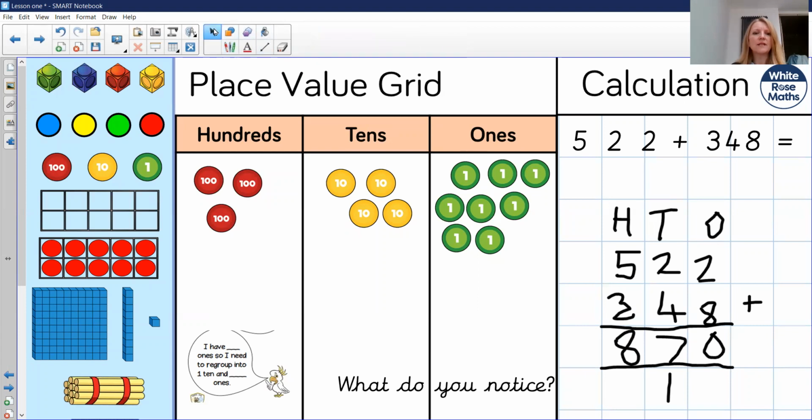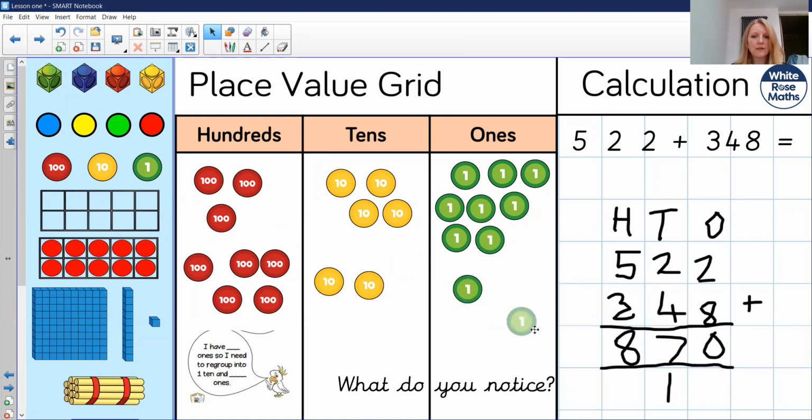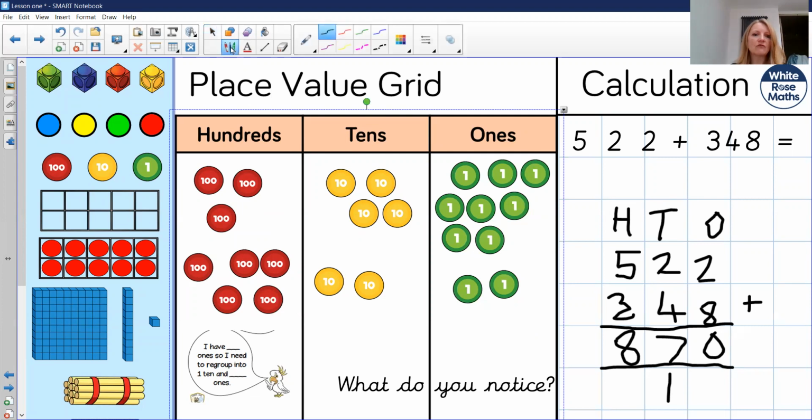Let's just check that one using our place value grid. We've got 348 shown here. That's the second number here. That doesn't matter. So we need to add in 500. 1, 2, 3, 4, 5. 520. 1, 2, 22. 1, 2. Let's check how many ones we've got. 1, 2, 3, 4, 5, 6, 7, 8, 9, 10. So all of those need to be regrouped